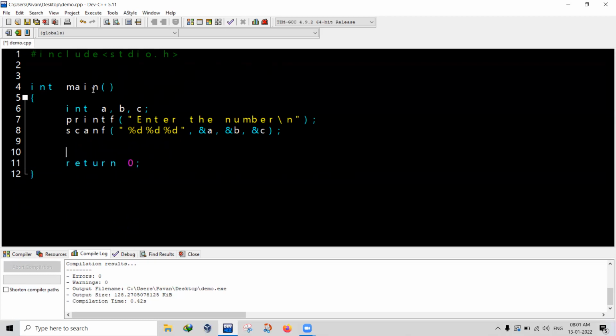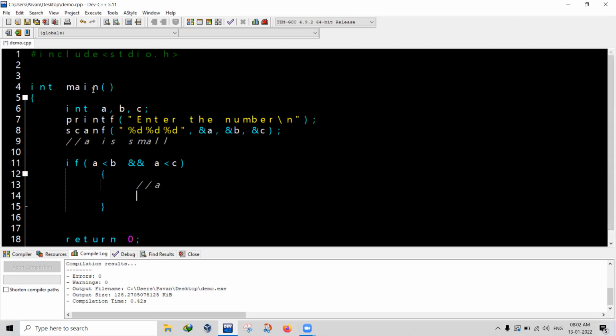And this can also be performed using simple calculation. Let's assume that A is small. First, assume that the given number is small. If that condition is true, what should be the condition? A should be less than B and also A should be less than C. If this condition is true, by default, A is the smallest. But is it done? No, there are still two more competitors, that is B and C. We have to check which one is small in B and C, right? So check again. If B is less than C, one part is done, else we have one more part.